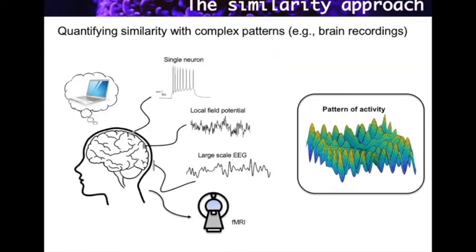Now, the problem is that the use of distance metrics may be complicated when patterns of data are complex, as they are characterized by multiple parameters. This is the case, for example, in brain recordings, where different features such as amplitude, frequency, and spatial distribution are characteristic of a pattern of the data. The use of brain recording techniques requires another way to quantify the similarity between pairs of patterns of complex data.